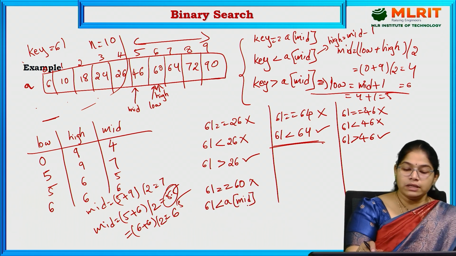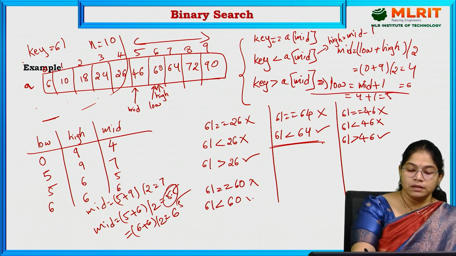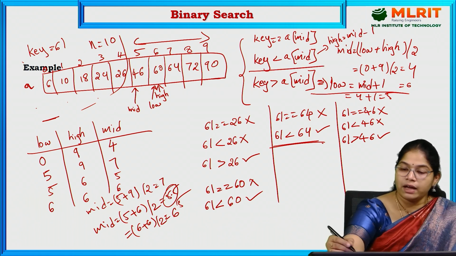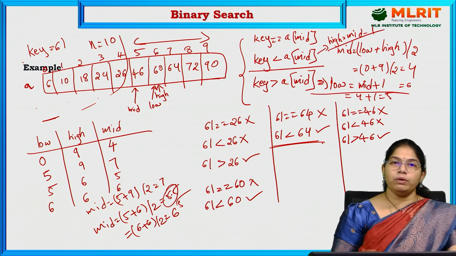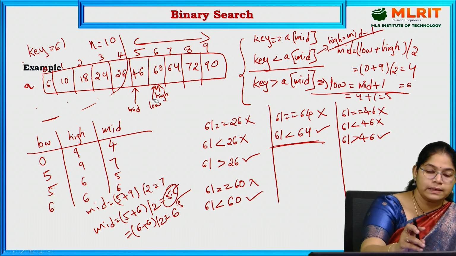Yes, 61 is less than A of mid. In A of mid, that means A of 6, we have 60. Is 61 less than 60? The condition is true. In this case, we have to change the high value. High is equal to mid minus 1. So already high is